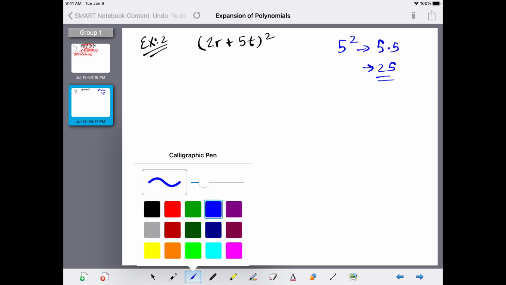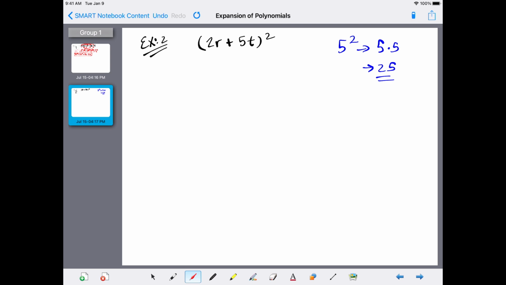So in this example, the common mistake that people make is they want to just square each of the terms, right? They square the 2r and they square the 5t. You can't do that. So using the concept I just talked about, when we square something, we're just multiplying it by itself. So I'm going to rewrite this like that. So 2r plus 5t all squared is the same thing as 2r plus 5t multiplied by 2r plus 5t. And now we're just going to go through the exact same process that we did in the previous question,